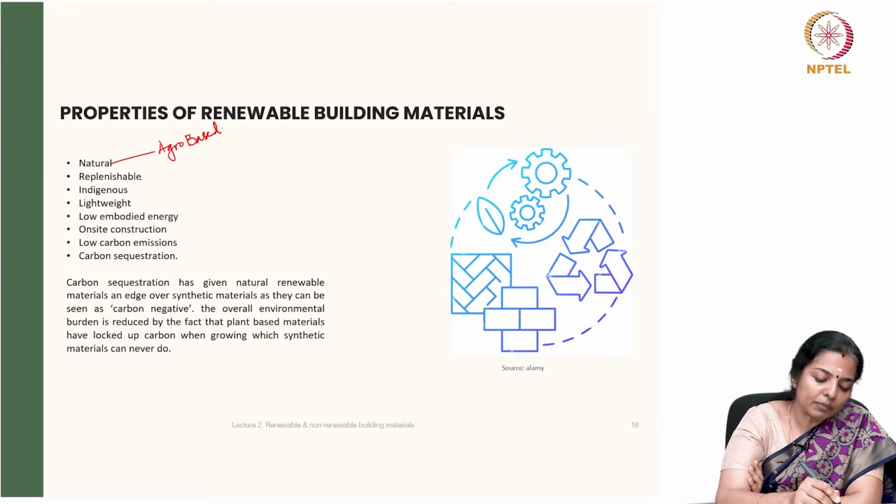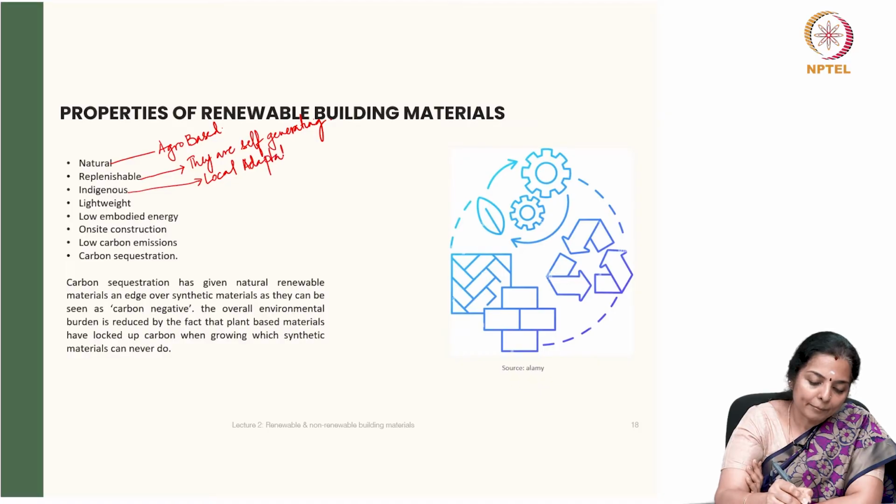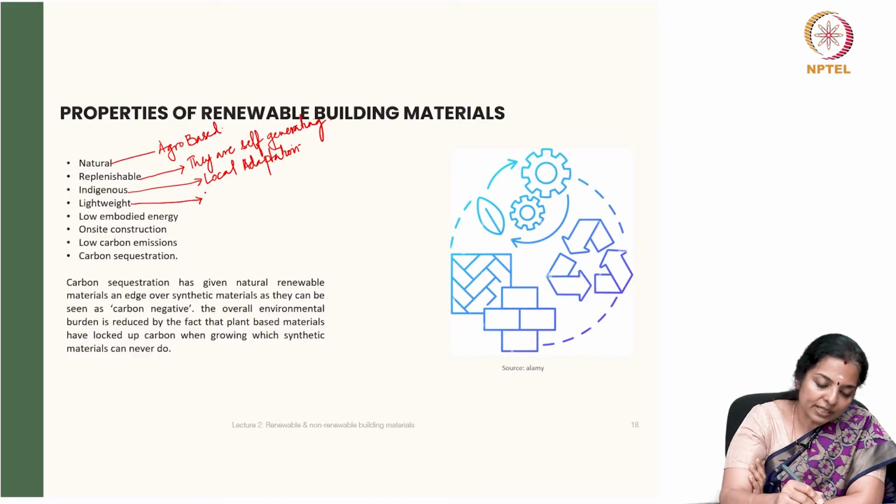They are replenishable. They are self-generating in a way, for example, bamboo. They are indigenous, so they have local adaptation. Because they are indigenous, they are lightweight because they are mostly made up of dry agro-based material,